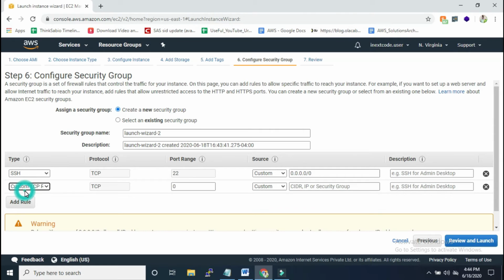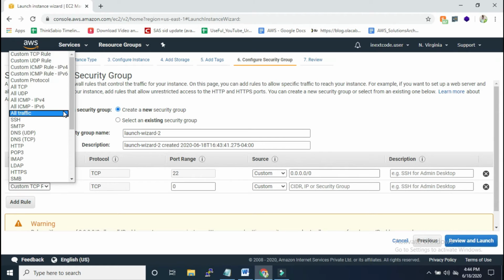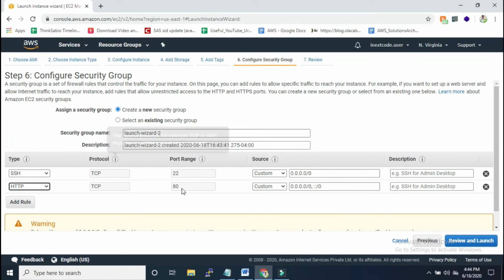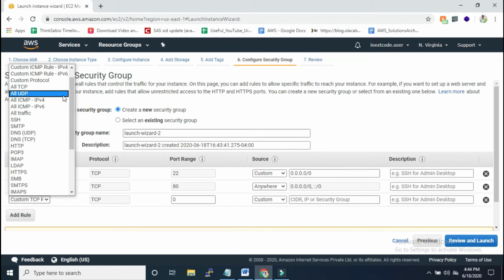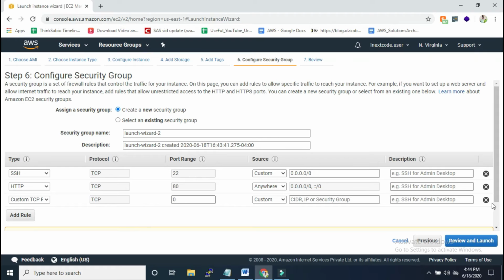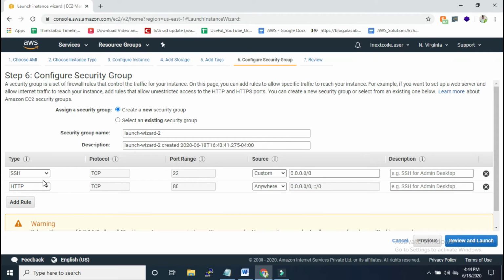If I want to create this as a web server and allow HTTP traffic, I need to add port 80 with source anywhere, so that anyone can connect to the system. Like this we need to add rules based on our needs. For now I'm leaving it with SSH because I just need to connect to the server. We will be connecting using this SSH layer.